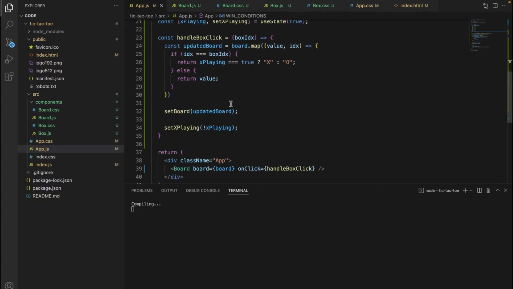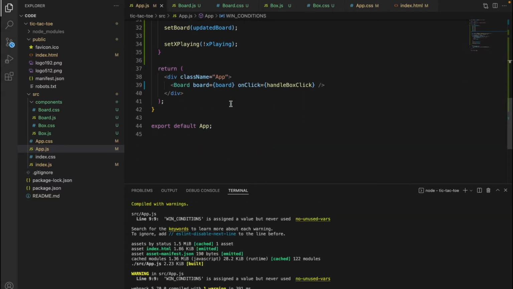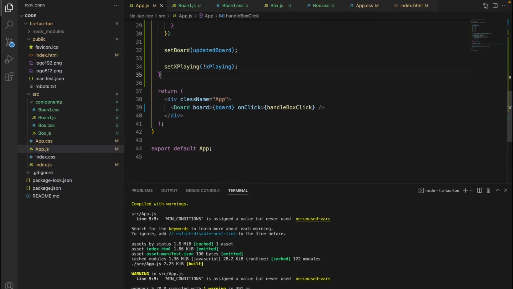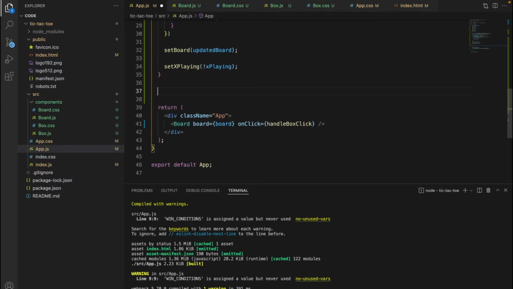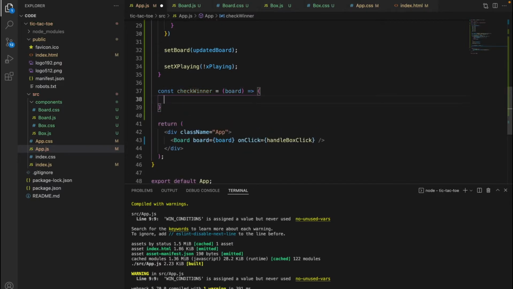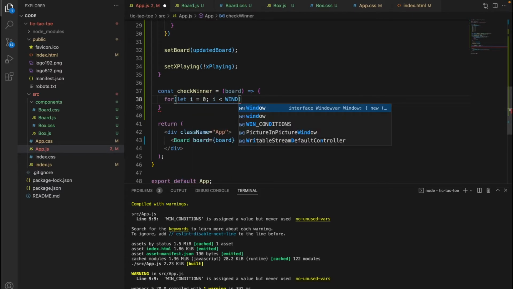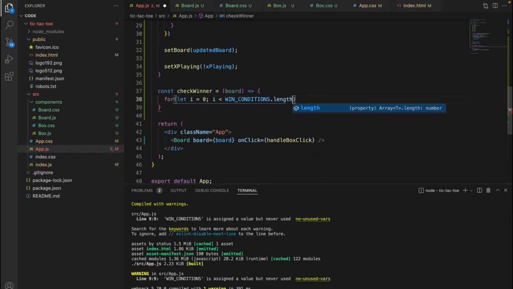And then we need a function which will check the board and see every time when a player plays if the player has won or not. So we can name a function called checkWinner, which will take in the board, the current state of the board, and it will return if the player has won or not. So we will iterate through each of the conditions. So we will say for let i equal to 0, i less than winConditions.length, i plus plus,